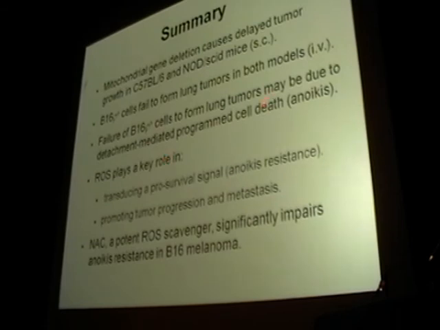Failure to form these tumours may be due to this anoikis, or the detachment-mediated programmed cell death that I mentioned. ROS plays a key role in transducing pro-survival signals. It is an important signalling molecule, and it appears to be associated with progression and metastasis, at least in some